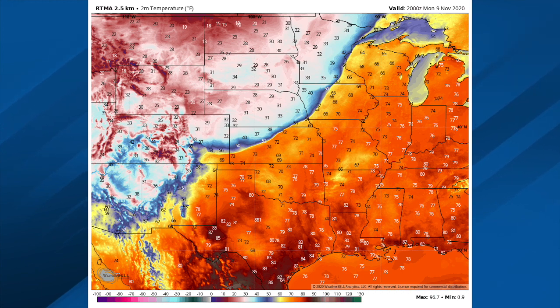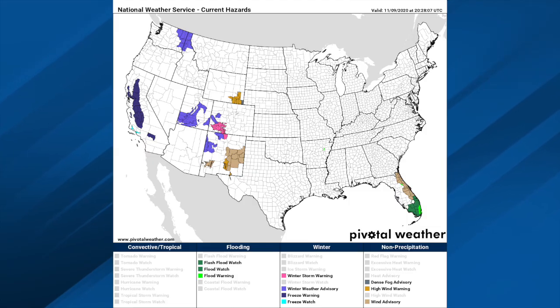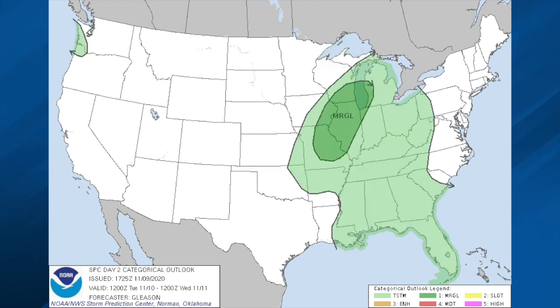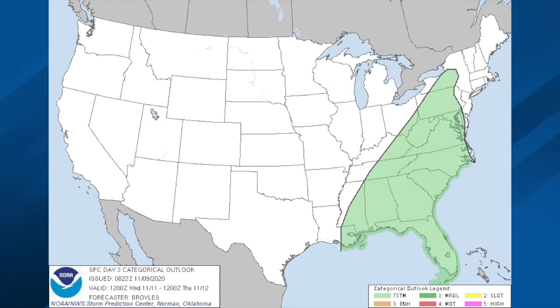by Thursday and Friday. There's the watch warning map, flash flood watches for parts of South Florida with Eta, winter weather advisories in scattered pockets out west, and a marginal risk of severe storms on that front over parts of Kansas and Oklahoma this evening. Tomorrow, a marginal risk from parts of Missouri up into the Great Lakes region on the front. And day 3, which is Wednesday, there could be some thunder here, but no severe weather expected with the frontal